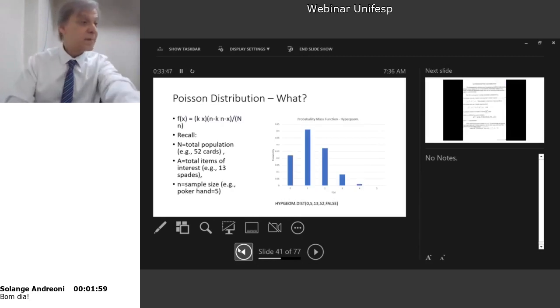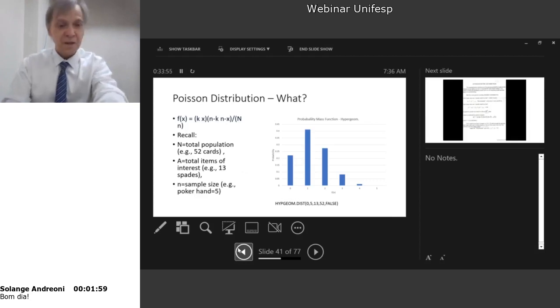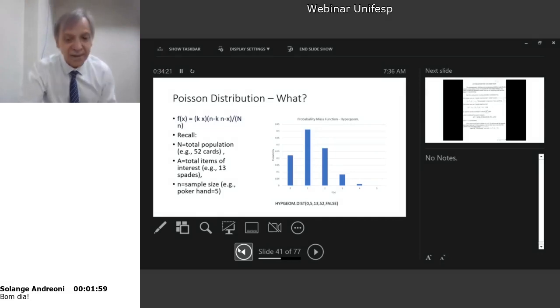It's basically K choose X, that's combinatorial analysis, right? Análise combinatória in Portuguese, right? That's what you call it. Okay, and n minus k, n minus x. X is your random variable. That's the value you want. Say, how many spades am I going to get in the 5 cards of a poker hand? I think I'm going to get 2. So what's the probability of getting a 2? It's here. Probability is about 0.27. So I have a 27% chance of getting 2 cards of spade in a poker hand, the